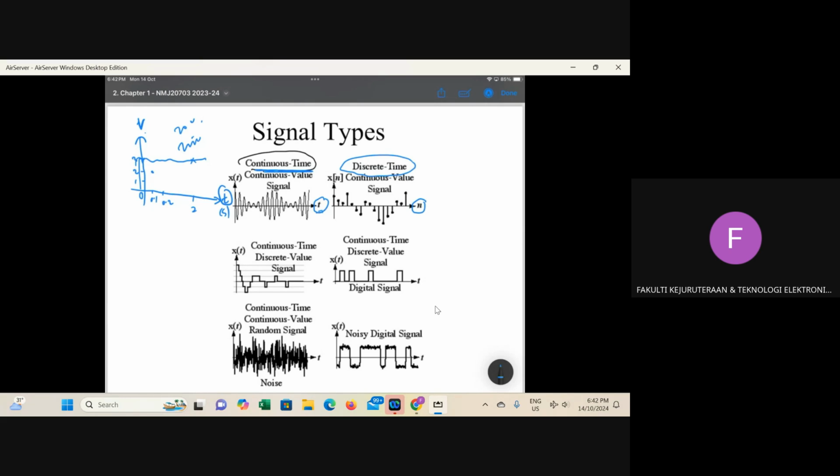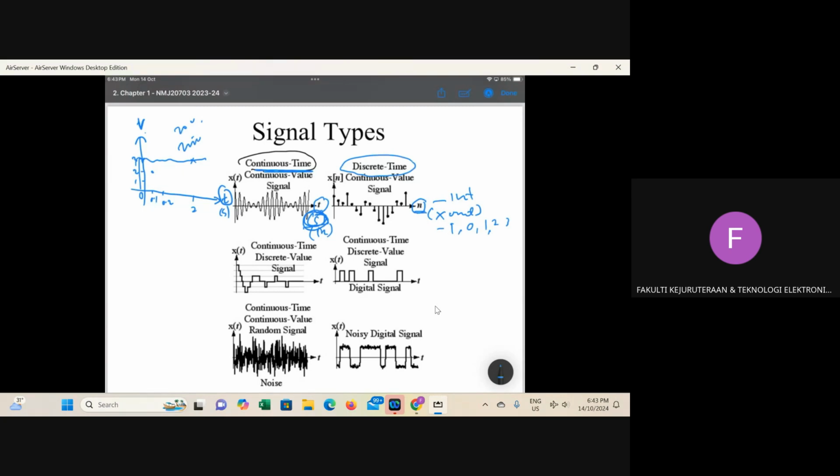And for discrete, n is an integer, but we sample it from this continuous time. So n is an integer: -1, 0, 2, 3, and it has no units. For continuous time, we have units of seconds, minutes, or whatever. Normally, we use seconds. Okay, so that is the difference.